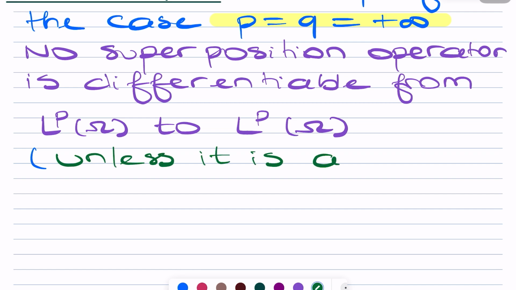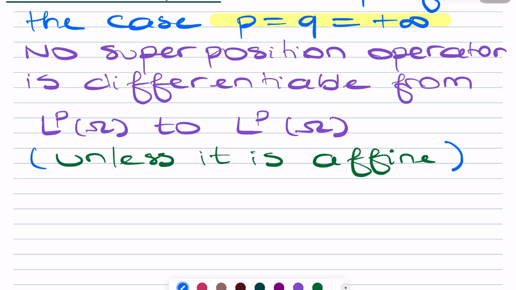If you have affine functionals, they are really nice functions, so everything is smooth. So except for the case P equal to Q equal to plus infinity, the superposition operator is differentiable. The case P equal to Q equal to infinity is actually excluded because we saw at the very beginning